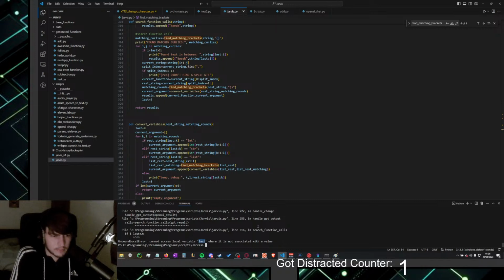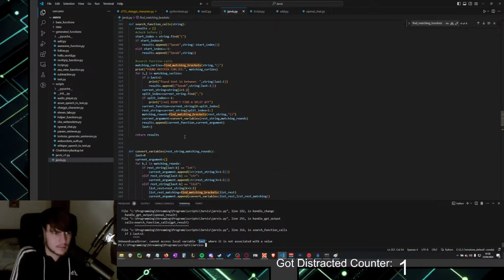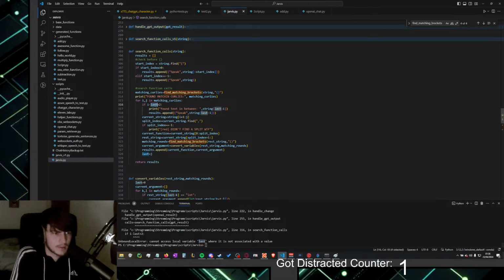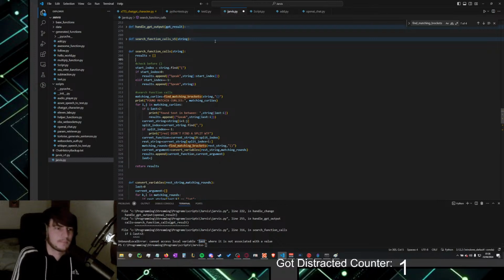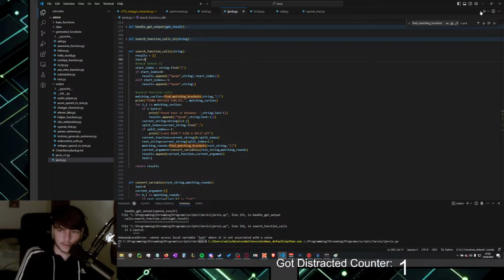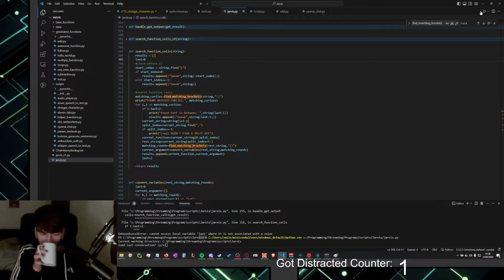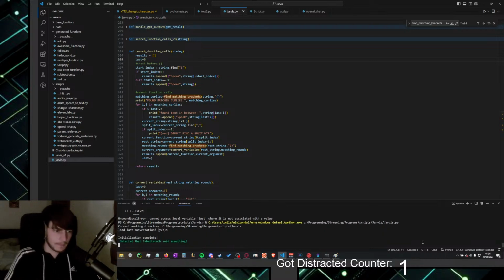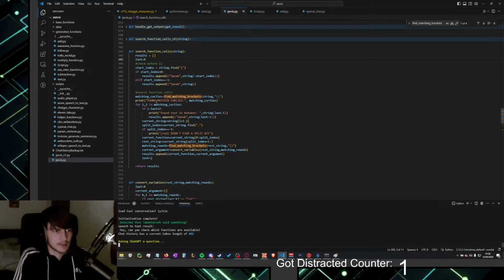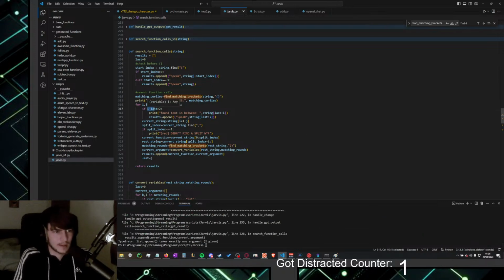Cannot access local variable last. Did I? Yeah, I forgot. Whoopsie. I need to give that a value before I try doing anything with it. Because what it did there is it tried to calculate i minus last, but last didn't have any value.